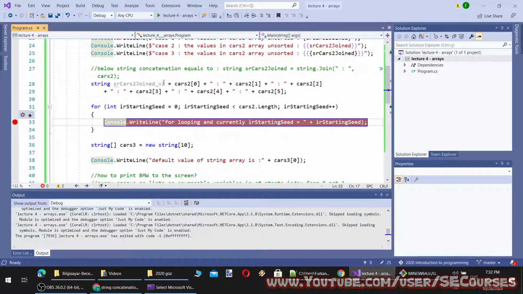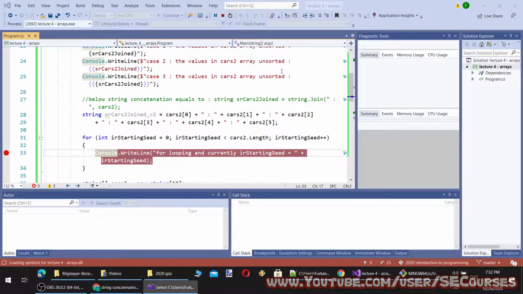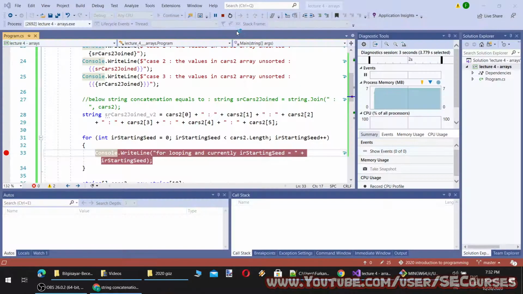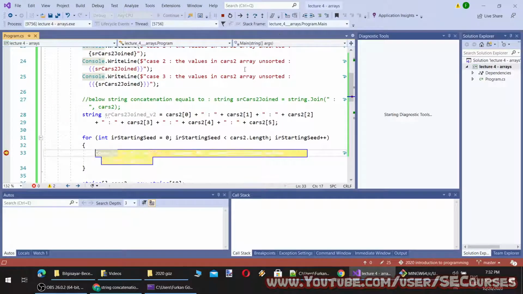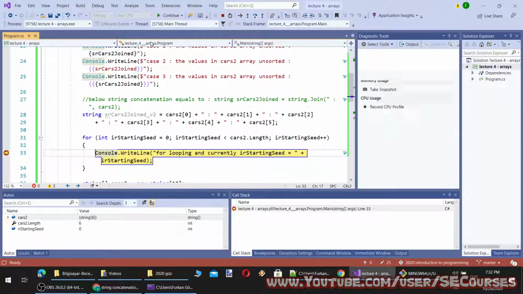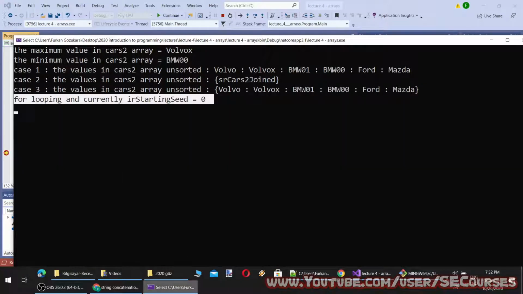I am going to execute again. This time I will hit the continue button, and it will continue to execute until hitting the next breakpoint. So it has printed the first loop, and it has printed